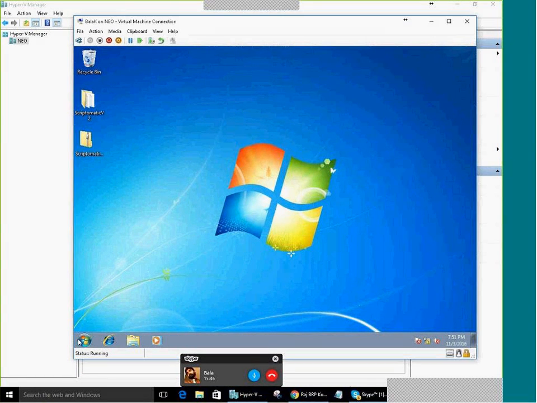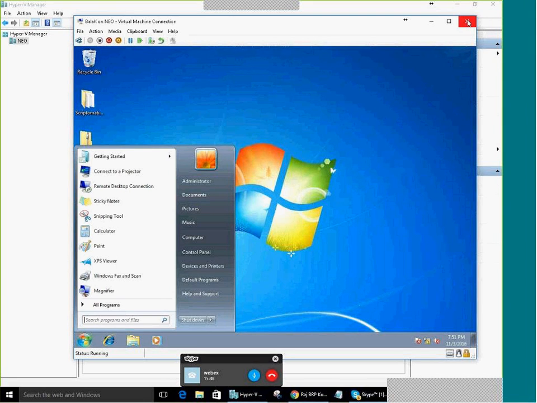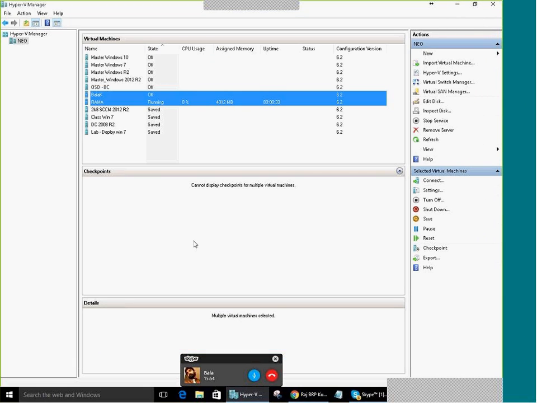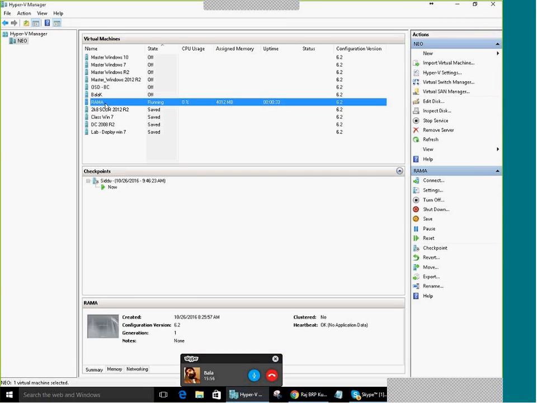Machine I can turn off if I want, or I can simply close. So in my case, I'm just turning off. Okay, shut down. This is shut down. Only control is on. Now the question comes, you should have another